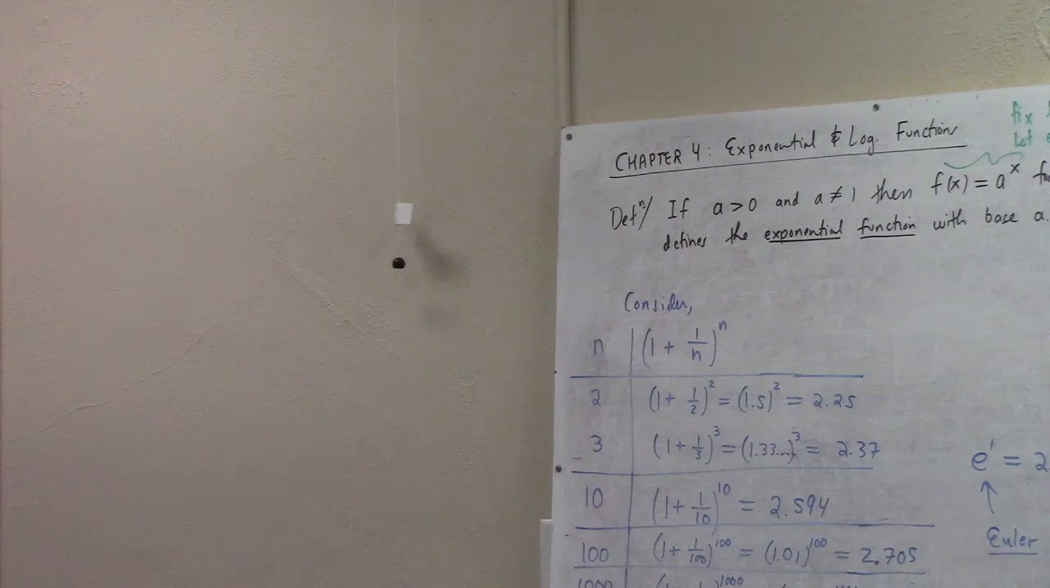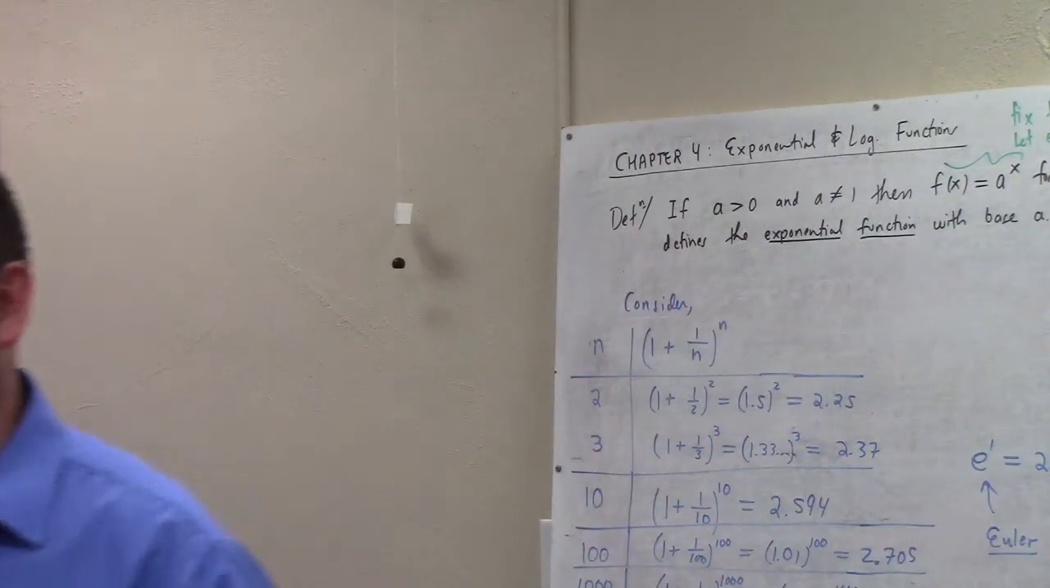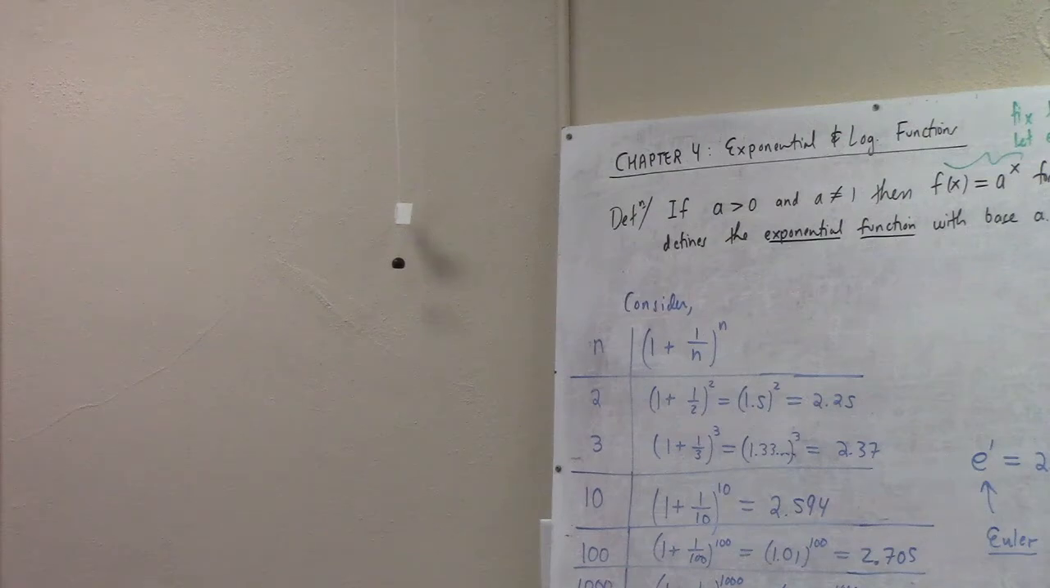So as you can see, the continuous compounding is a little bit more than monthly, but if somebody sells